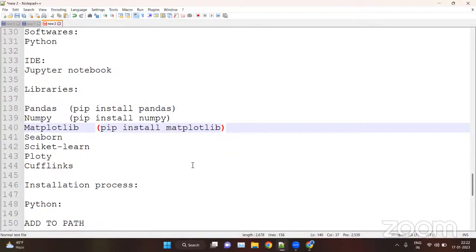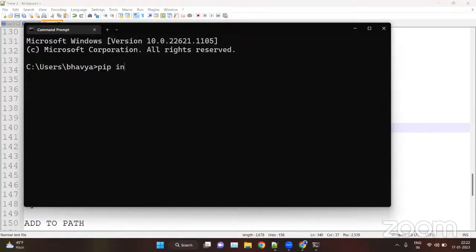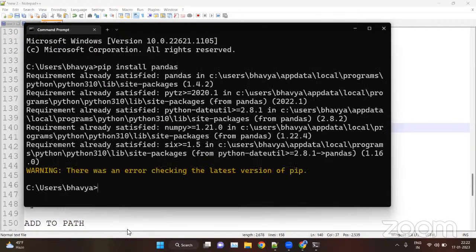So let's see one by one. Open your CMD. Here type pip install pandas. Then type pip install NumPy.